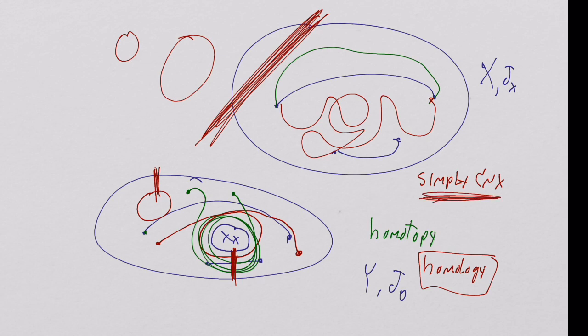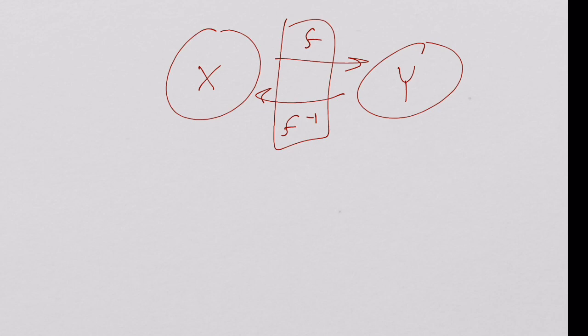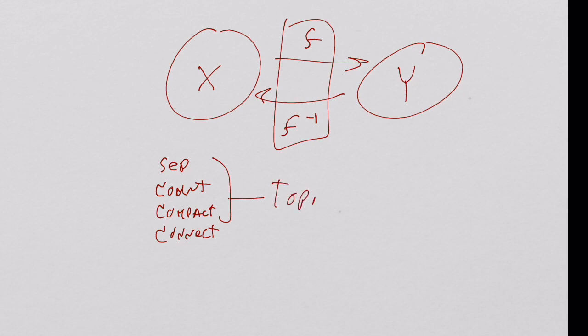Okay, so ultimately now, that is where we're at. We now understand the idea of a homeomorphic function. I only need to draw it one way, but a function and its inverse: spaces x and y are homeomorphic if you can find a single homeomorphism, and it preserves all of these key properties we've talked about: separability, countability, compactness, connectedness. All of these things are topological properties